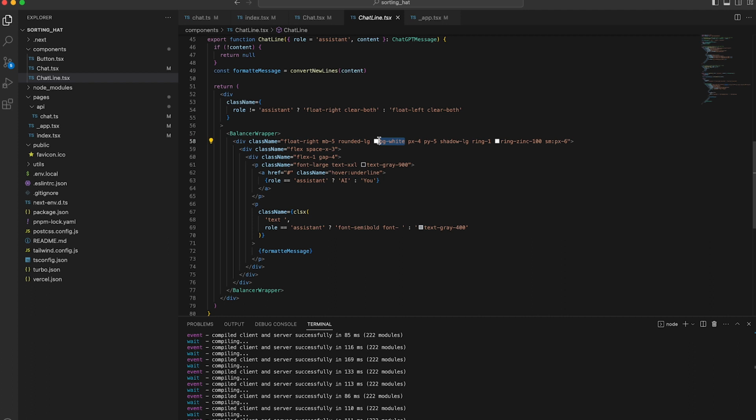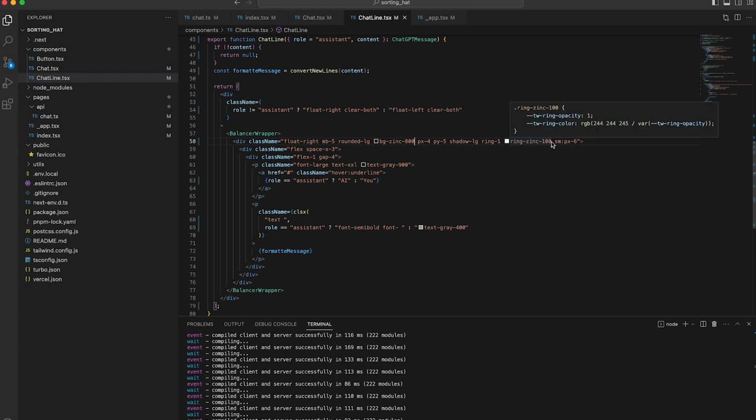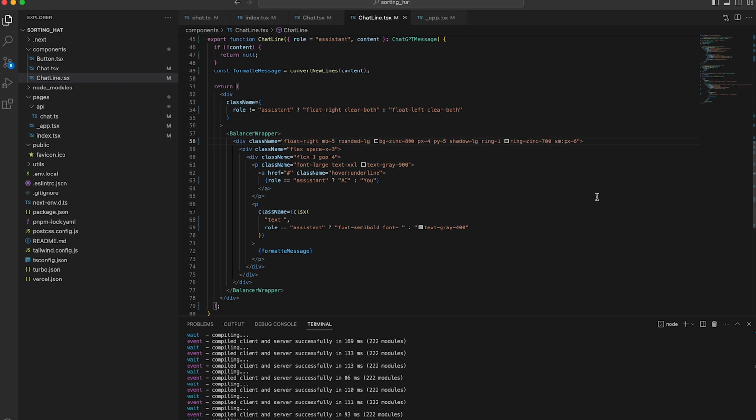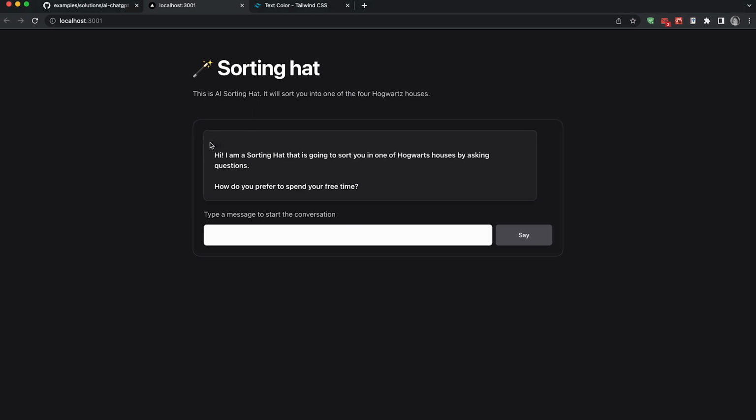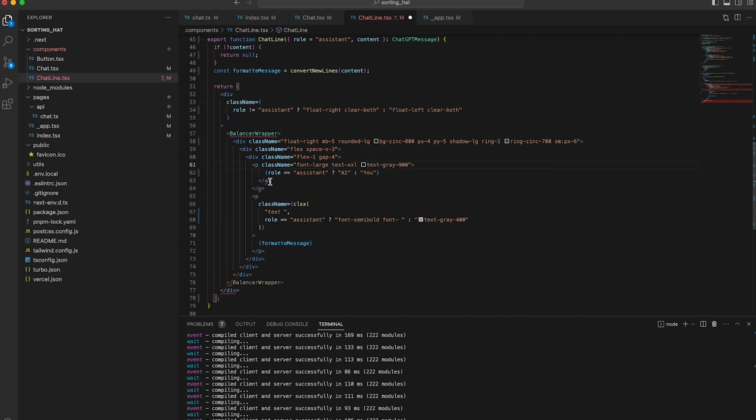Background is white here. We probably want to make it darker. So we are also going to use sync, and let's make it 800 and see. Became darker. We are going to change the border also to the darker version, and we are going to change this. So here we have our thing, and if we hover, it is underline, which we don't want, and we actually don't need a here, so we are going to delete